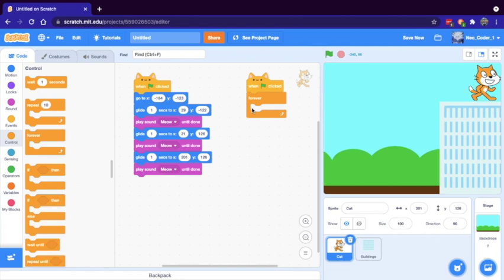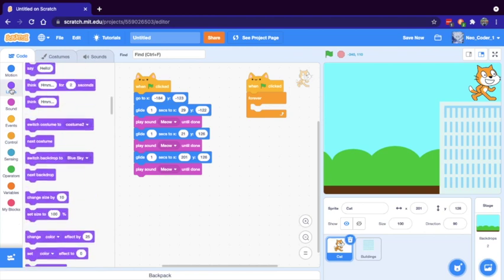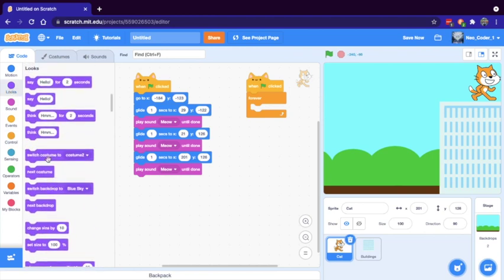It doesn't stop. Okay. So inside forever, we are going to looks. So we can change the costume. Looks, switch costume to costume 2. But this will not work. It will always change the costume to costume 2. So we are going to use next costume.